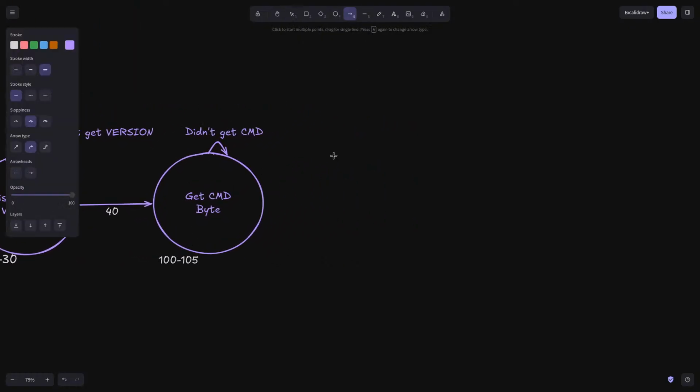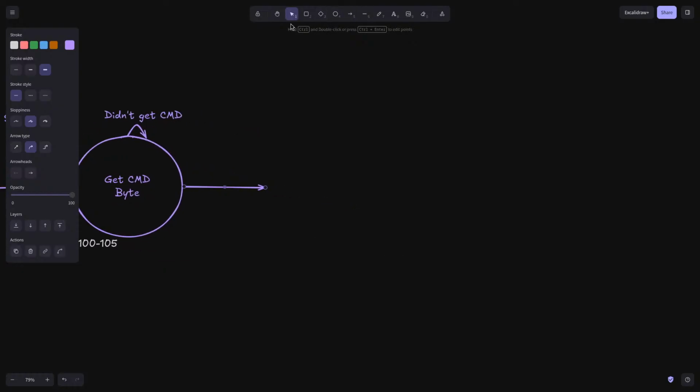It should say, if you get a ping, then send back a ping. So we'll say command equals ping. If the command is ping,